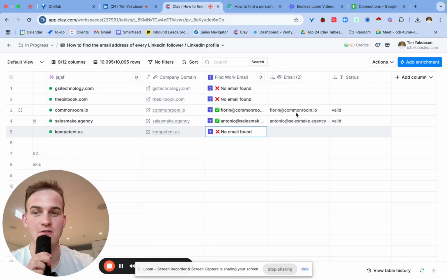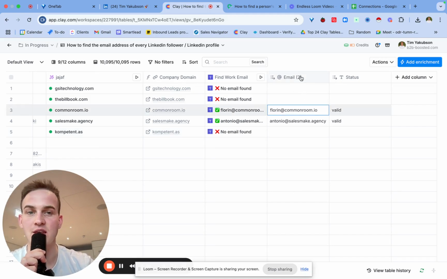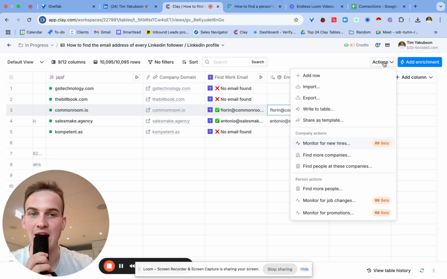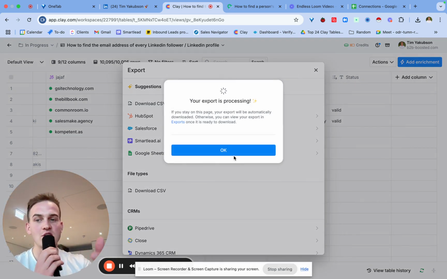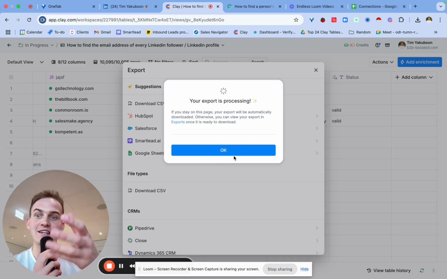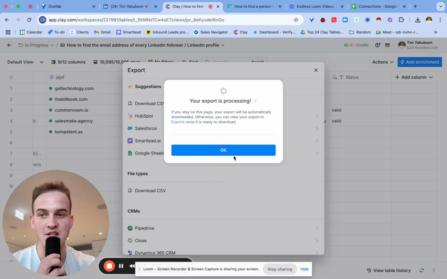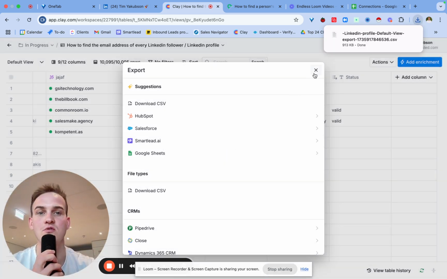So 2 out of 5 people have a verified email that was found over here. And you would see the email in the email column on the right-hand side. All you can then do is basically click on Actions, Export, and Download CSV. And this way you will download the CSV with a verified email address of the person. So you can then basically plug it into whatever email sequencing tool or LinkedIn automation tool that you choose and